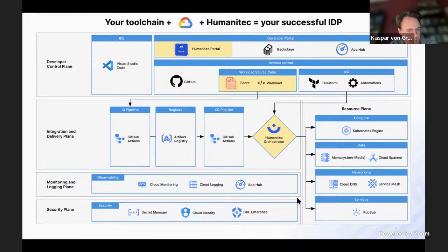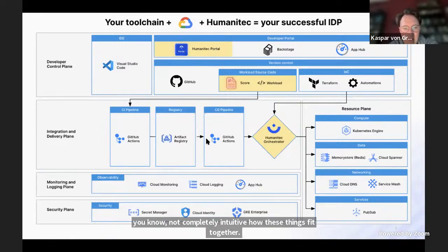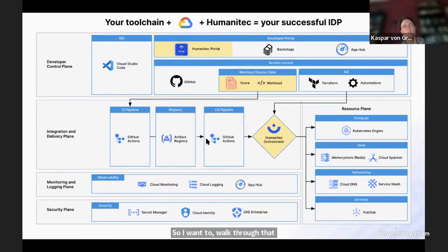Now, if we're looking at this platform, it's obviously not completely intuitive how these things fit together. So I want to walk through that very quickly. I think the important principle in the design of this platform is that we are introducing separation of concerns. Your former colleague Kelsey just said in a conversation with me the beautiful sentence, "silos are amazing." No, silos are fantastic. So this is going to be an interesting conversation at PlatformCon that I really